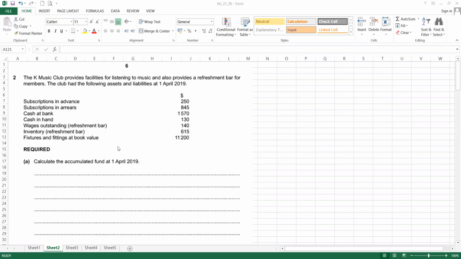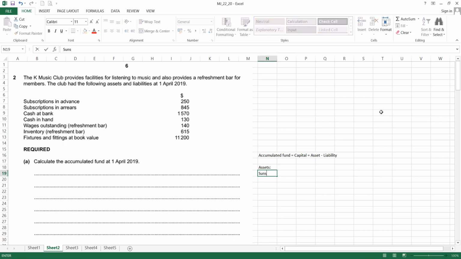Okay, first of all, when we want to calculate the accumulated fund, it is similar to the capital account. So to calculate the opening capital, or opening accumulated fund, we take the assets minus the liabilities. So which one is asset, which one is liability? Normally we will try to list down the items. So assets, we have